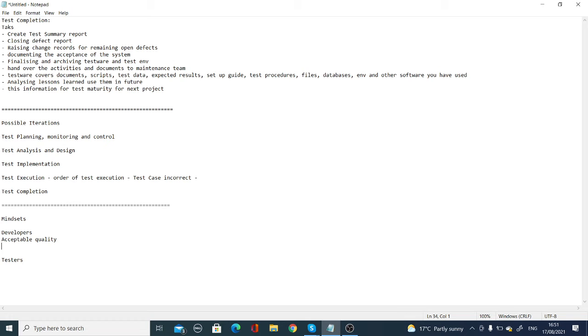Developers will always see that the software will work. They tend to look for what works, and developers will always find a way that works. Whenever you find defects, they stop there, because they have to look into the defects and fix them. So they think that the testers are too negative and pedantic.